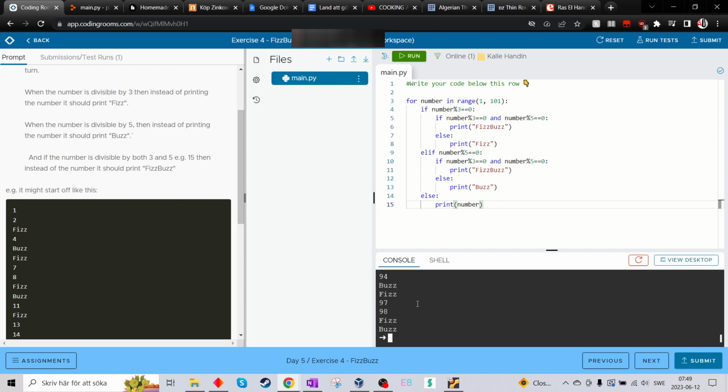So here I can run it. It shoots out 75, which is divisible by both, and so on. Here it also was a for loop and if statements within the for loop. And here I learned that I could make this quite a lot shorter. Here it works perfectly fine. But if I just started with the combination one,